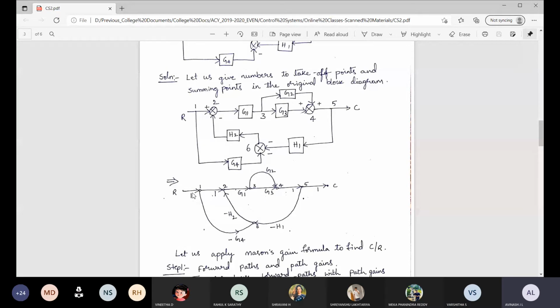I will tell you another way. Can we go like 1 into G1 into G2 into 1 into 1? Can we go like that or not? Yes, sir. So another path is there, sir. Which is that? 1 into 1, G1, G2, 1 into 1. Correct. So two paths you found out. I will tell another path is there. Can you see?